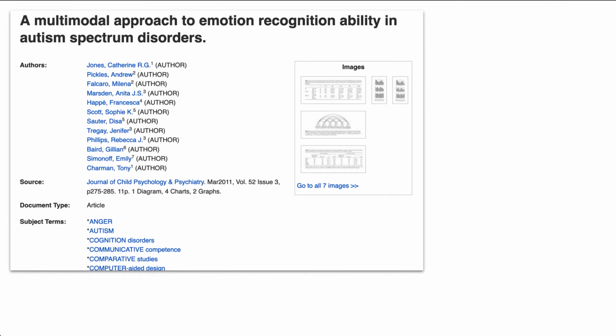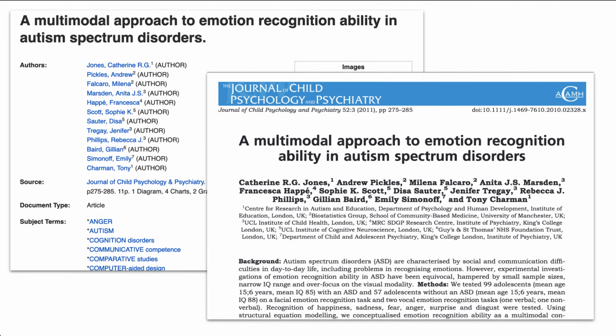If you're having trouble finding your citation ingredients, oftentimes you'll be able to find them quickly in the database record. In this case, you can see the title in bold, the authors listed in order, followed by the source, which gives you the journal information, the date of publication, volume and issue number, and page numbers. You can also find this information usually in the header or in the footer of the first page of your scholarly journal article.